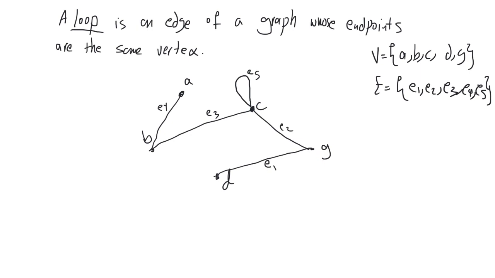Another special kind. Now it can be in a graph that there are multiple edges which connect the same endpoints. For instance, like this, we can have another edge that connects B and C together. So in that case, the graph is called a multigraph. So let me write it here. A multigraph